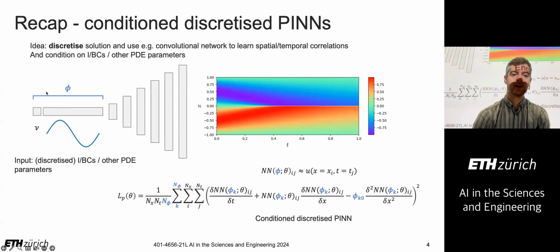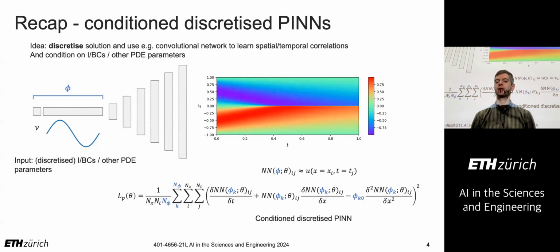And I also explained to you that we can condition these just like we can condition PINNs on, for example, initial conditions of the PDE. So when we're solving the Burgers equation here, for example, we can add the initial flow velocity, which in this case is a sine wave at time equals t, and maybe even the viscosity parameter of the underlying differential equation as well. And in the same way, this network will train and learn a surrogate model,